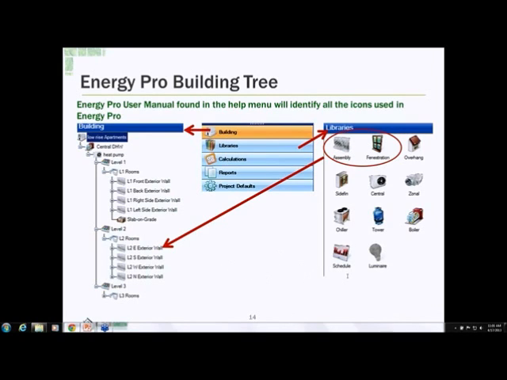So shell to volume ratio, that's just the ratio of exterior walls to the volume of the building, or the actual units, if that makes sense. And does Energy Pro produce ASHRAE Level 2 and Level 1 compliance modules? No, it doesn't. So the ASHRAE Level 2 and Level 1